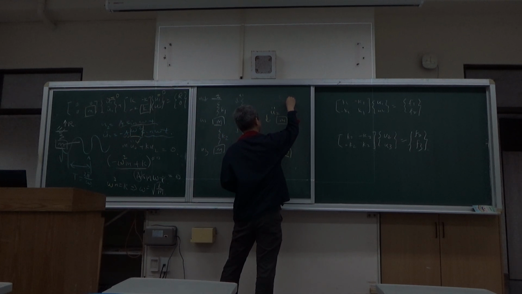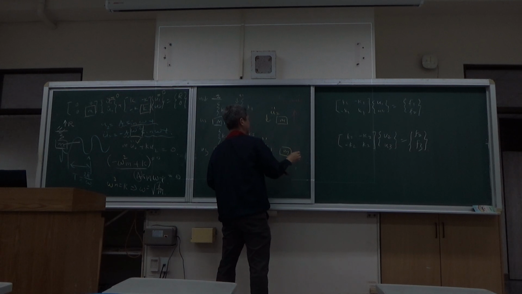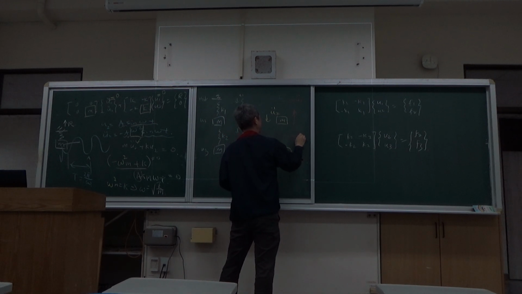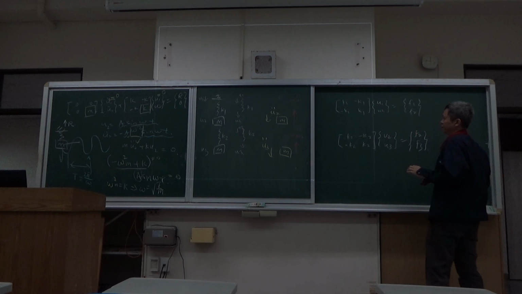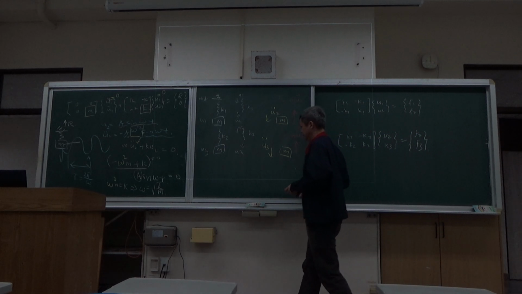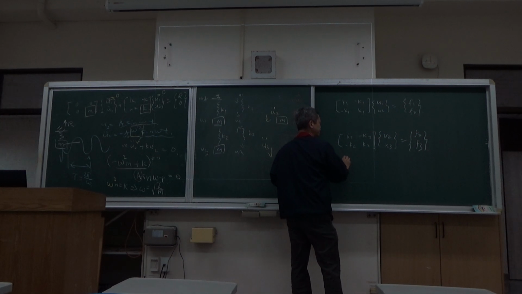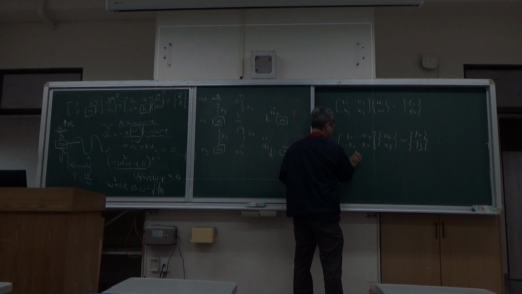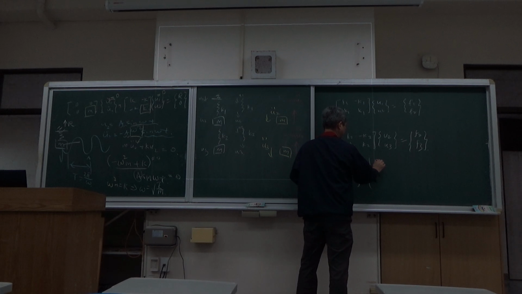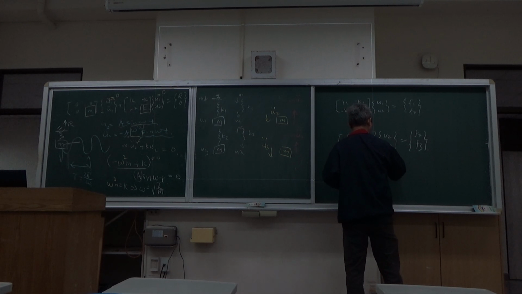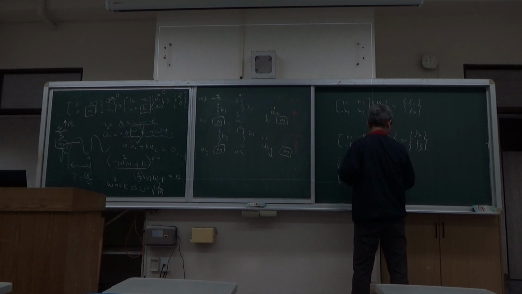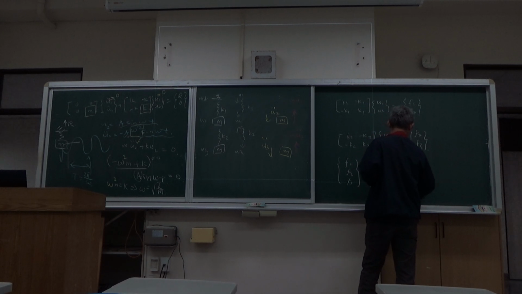This is minus m U2 double dot, and this is minus m U3 double dot. So if you are going to do the sum, the force sum is F1, F2, F3, equal to: on top you have the reaction force, on the bottom you have nothing. And then on top you have no mass, but you have minus m U2 double dot, minus m U3 double dot. Okay, is equal to